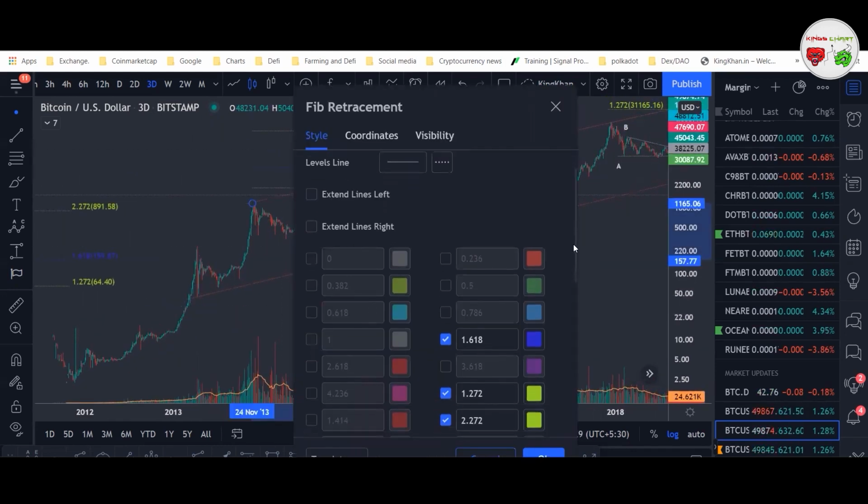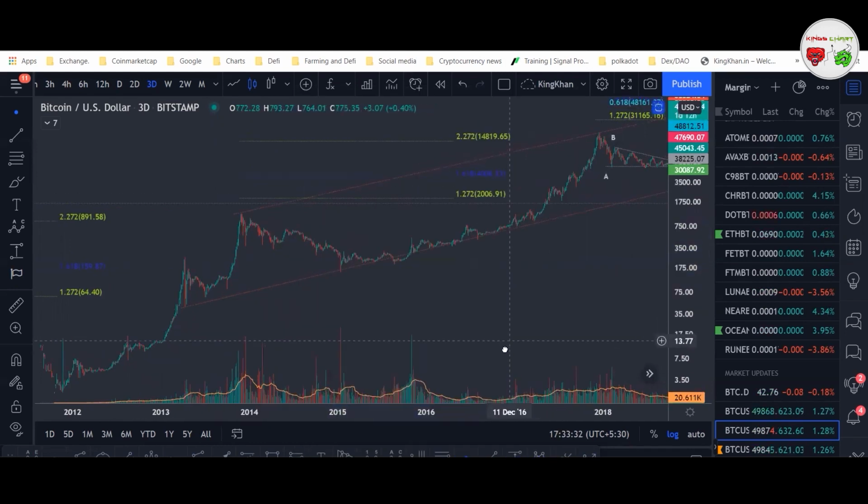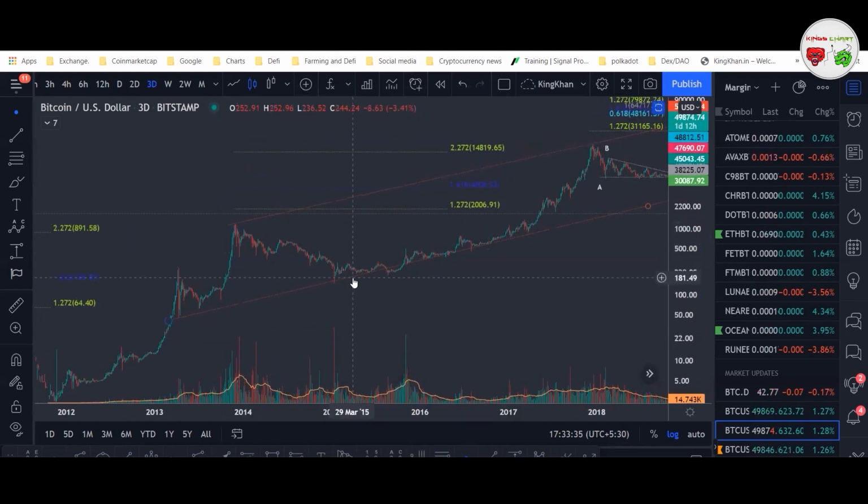Now let's check out the 2017 cycle analysis. You can see the high and the low point. We started after the bear market rally, hit the 1.618 level here, then dropped to 1.272. This is the log chart. The 1.618 level acted as a resistance here, and price dropped around the 1.272 level. Then another rally, a blow-off